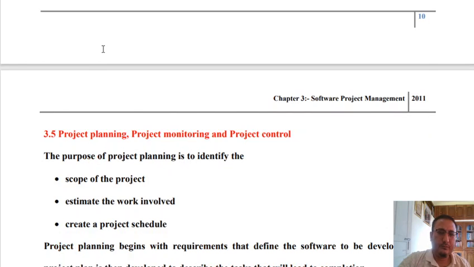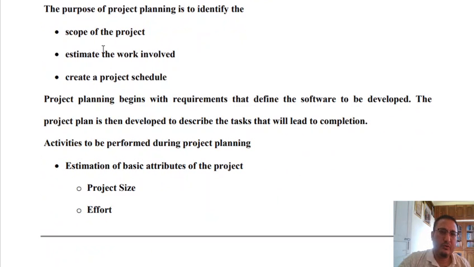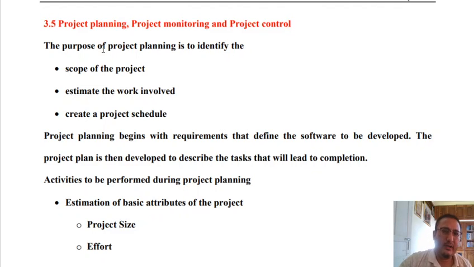Now, let us move on to project planning, project monitoring, and project control. What is the purpose of project planning? The very purpose of project planning is to identify the scope of the project, that means to what extent the project goes to provide a solution to the problem, to estimate the work involved, that is the extent of work that is required, and to create a project schedule.